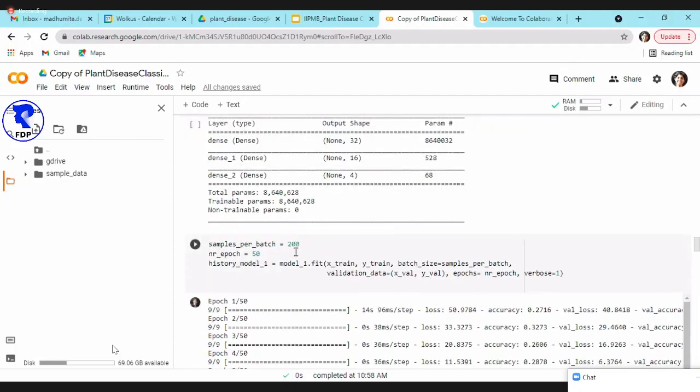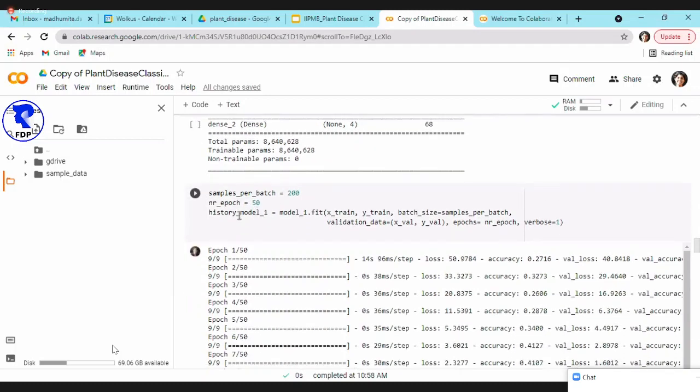Now, if you remember, we talked about samples per batch. I say pass on 200 samples at a time and do this iteration, forward and back learning, 50 times. You can do more. You can try 100, 200. Again, there is no magic number for this. This is a random number I have picked, 50.